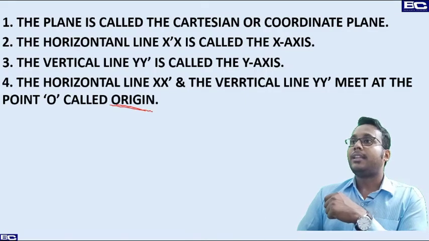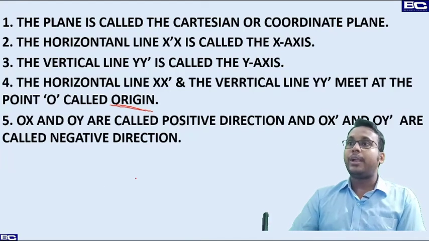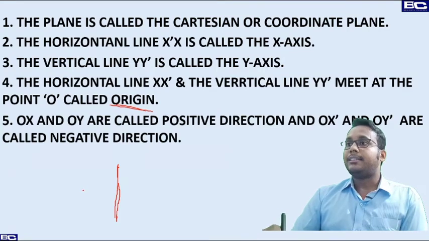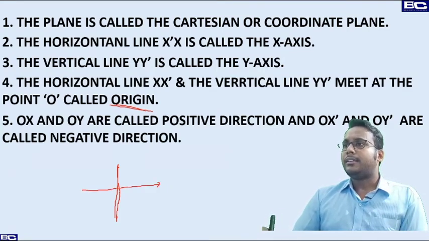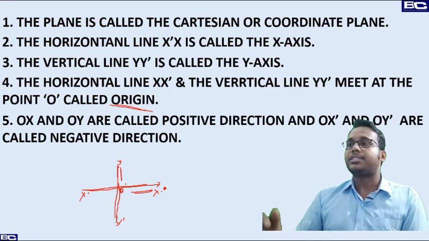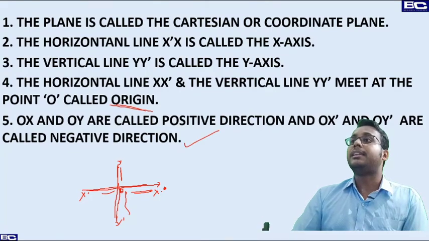That point we have discussed in the last part, and then come to the OX and OY part. If I draw it here to show you, imagine that this is simply the horizontal line, and this is a vertical line here. This vertical number line here, Y and Y dash, and here X dash and X. So this OX is the positive part, OY is the positive part, because in a number line the right hand side or the top part of the number line is positive. Similarly, OX dash and OY dash are the negative part. Simply it is written here.